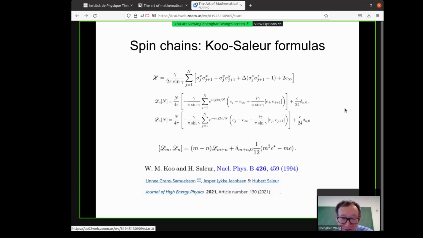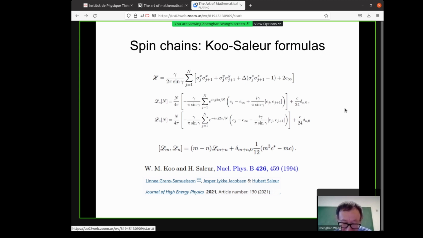But there is a small problem, which is that it seems there's something not quite right for the central charge. And the latest simulation says the problem seems to be systematic. It only affects the cubic term in the formula for the central charge. So I don't know if this is a deep problem or just some technical thing.